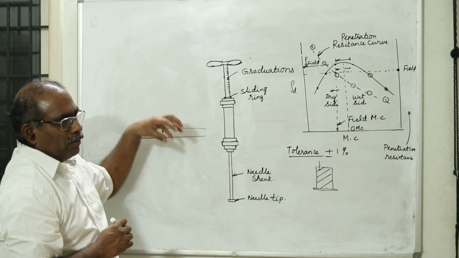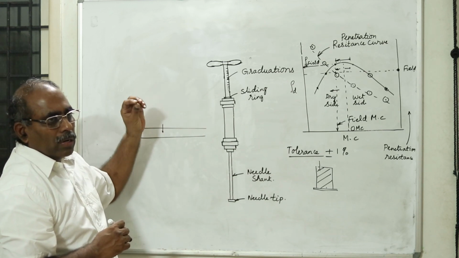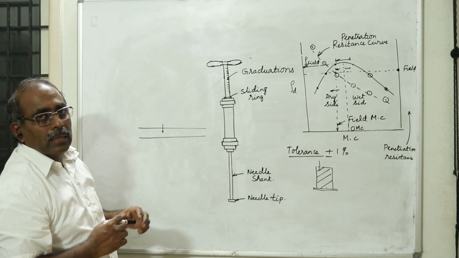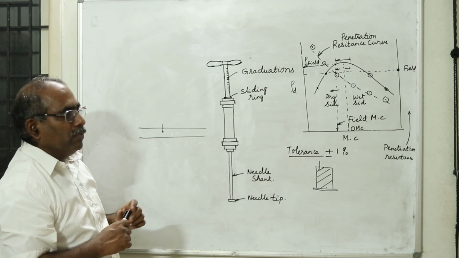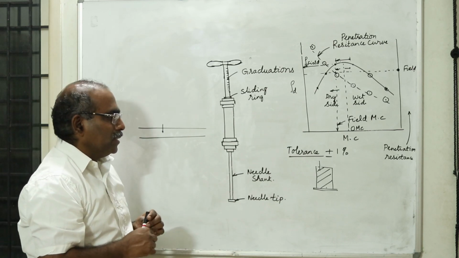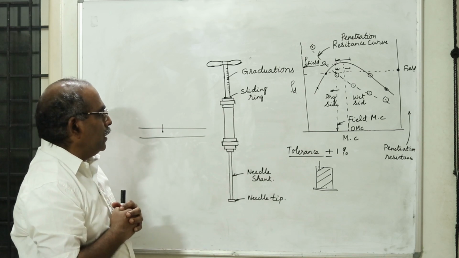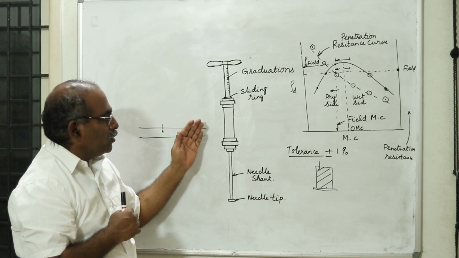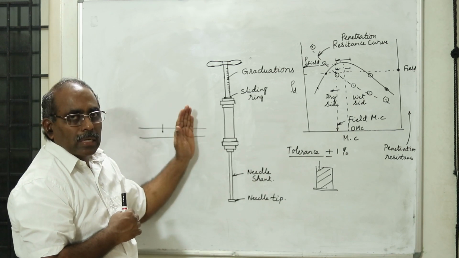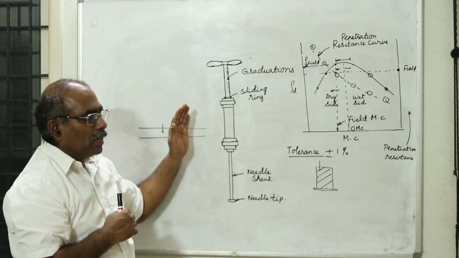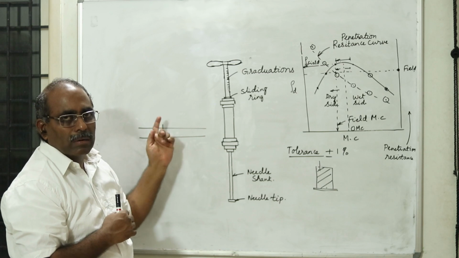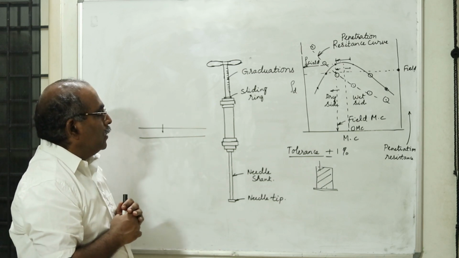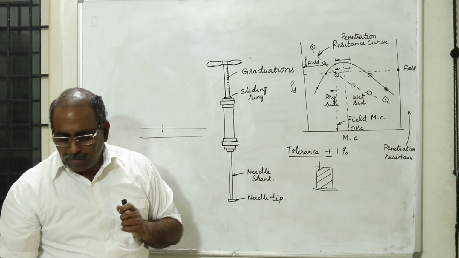The first method is to drive a core and try to remove it. If you are not able to drive a core, then you do it by the sand replacement method, which you are going to discuss in the laboratory sessions. You would already have done that in your laboratory. Some lab sessions were delayed. Those students who have not done it will do that lab session, and when you do, you will know what is meant by the core cutter method and the sand replacement method. Now we have the third, non-destructive method.